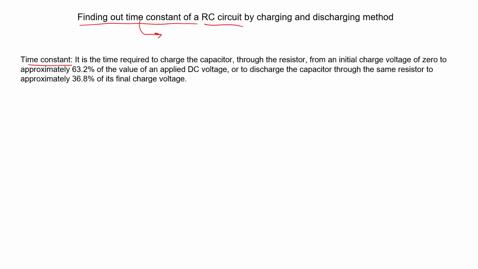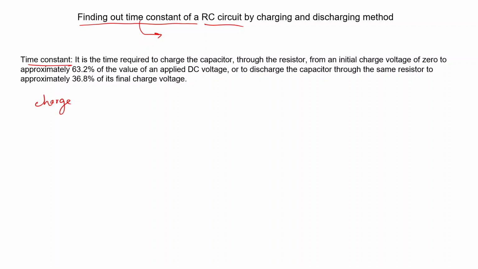Time constant is the time required to charge the capacitor through the resistor, of course. So it is the time required to charge the capacitor from initial charge voltage of 0 to approximately 63% of the value of applied voltage, or to discharge the capacitor through the same resistor to approximately 37% of its final charge voltage. What it means is that the time constant of an RC circuit we define as the time required to charge the capacitor,